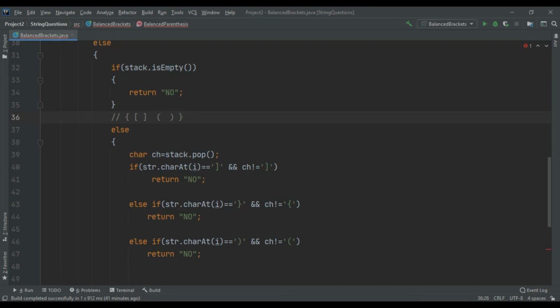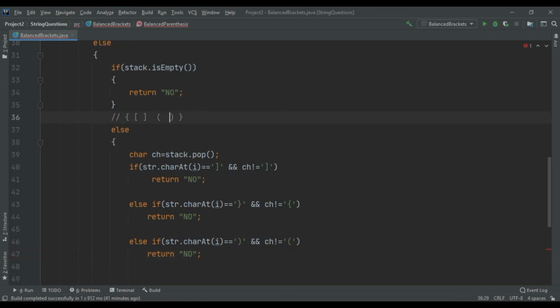If we are at this position, and it is not present in the stack, so what to do? Print no. Simple and easy.